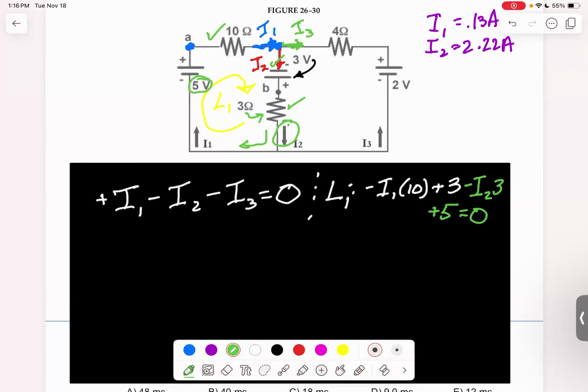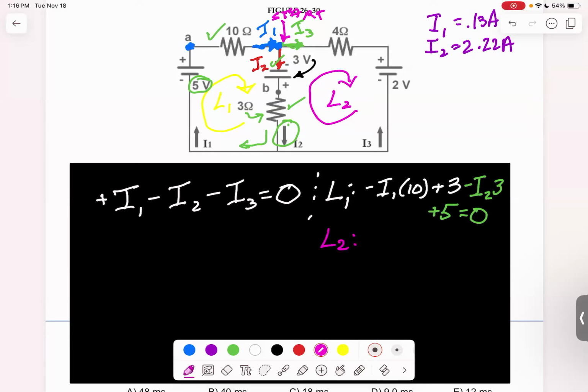Let's use a different color so we can kind of see that. So loop 2, again, the direction that you want to traverse is completely arbitrary. I just like to go clockwise each time. And I like to start at the top right. It's just my personal preference. You figure out which direction you want to go in, and that'll be fine. So for loop 2,